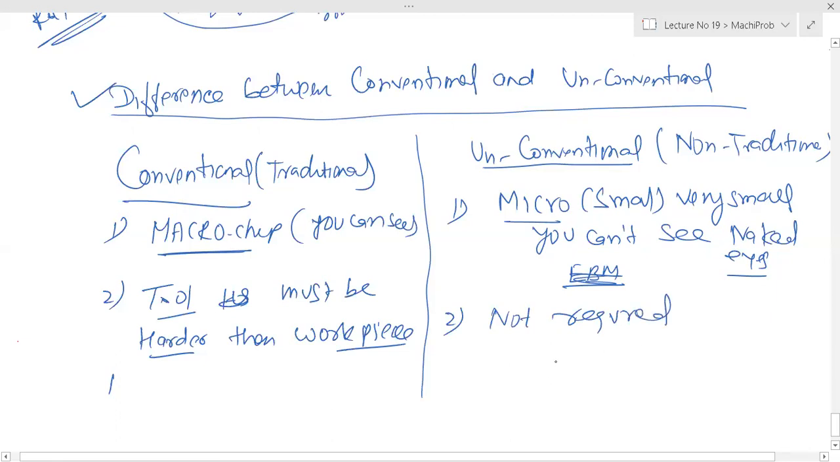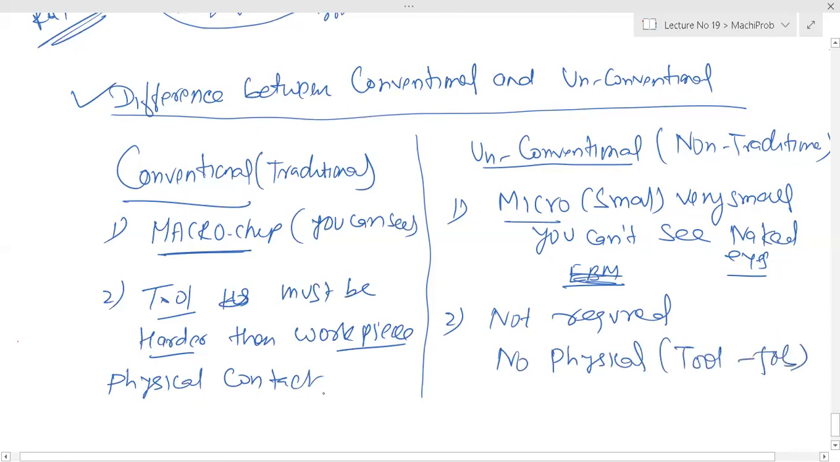Because there is no physical contact. Here it is physical contact. Here it is no physical contact. No physical contact between tool and job. Here there is a contact. When there is a contact, it is very